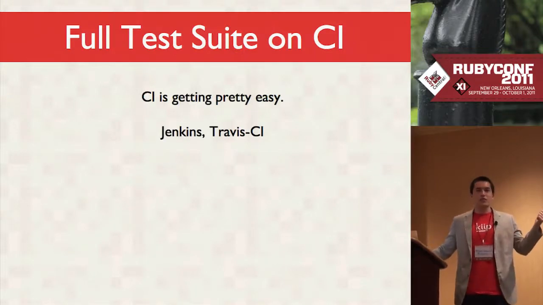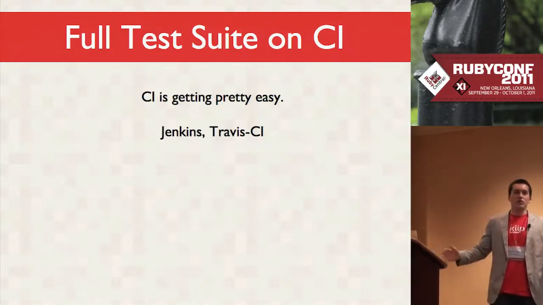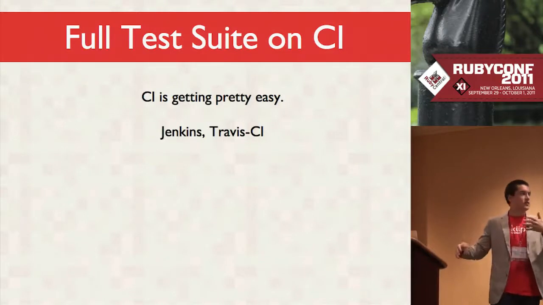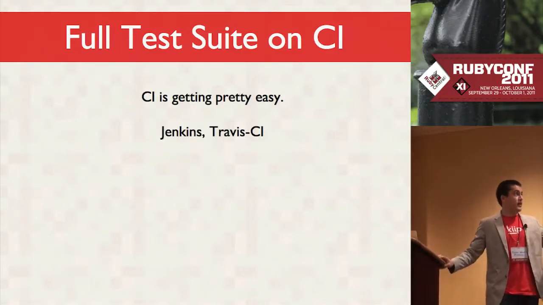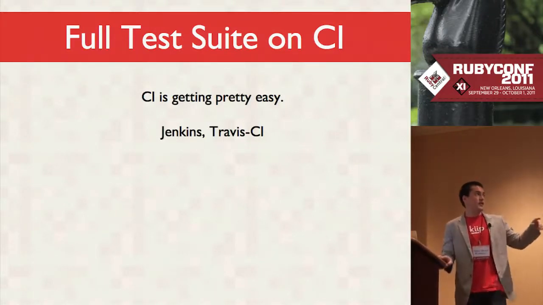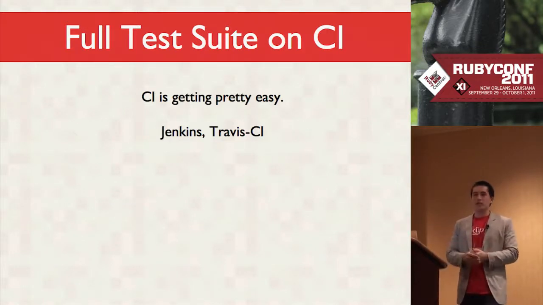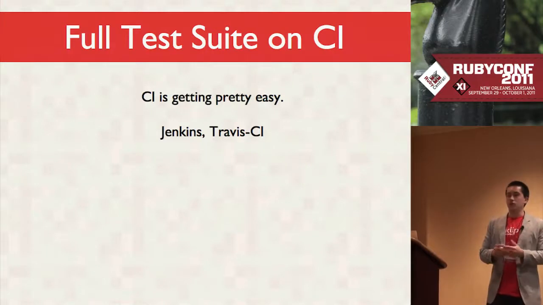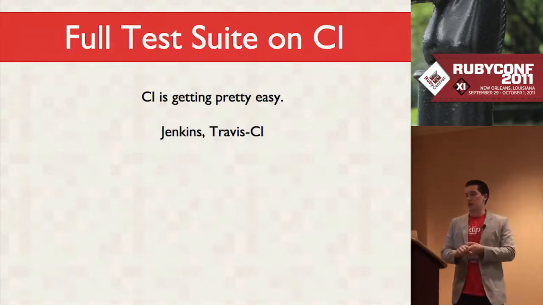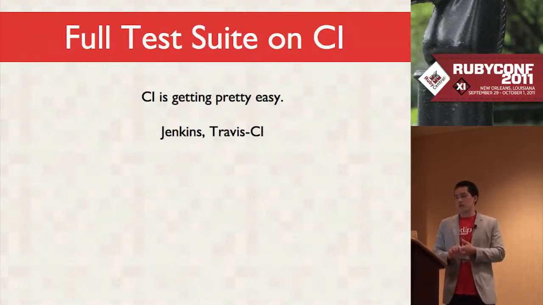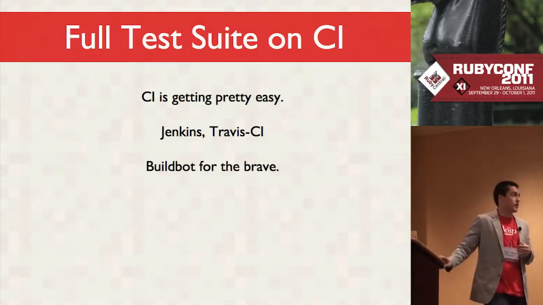Jenkins is like WordPress for CI. You just run it and you get this GUI and you click around and suddenly you're testing. So you should be able to figure that out. For Ruby, Travis CI is amazing. It's very new, so if you have some problems, that's a disclaimer. But it's very cool, and you should Google that if you're using an open source Ruby project. I don't think it's useful for private projects. And if you need a lot more customization and you're kind of brave, BuildBot is what I use, and it's brilliant.